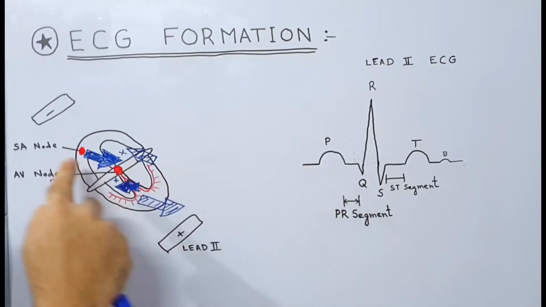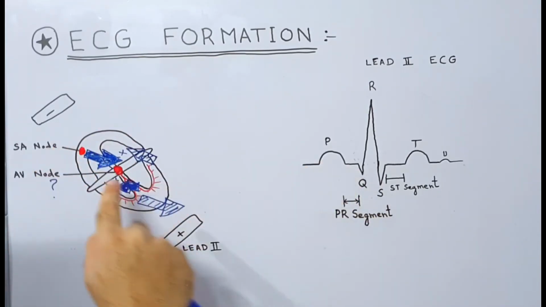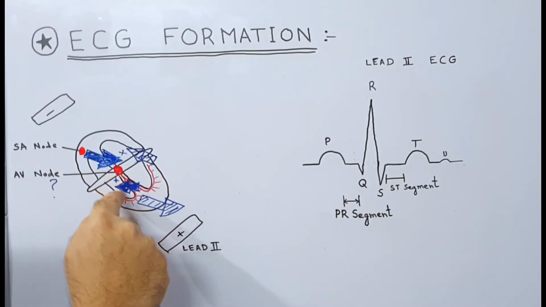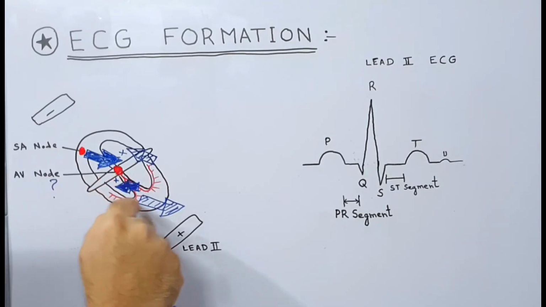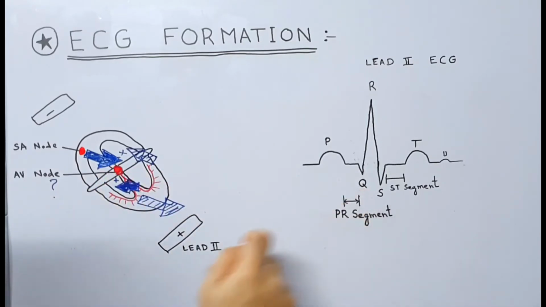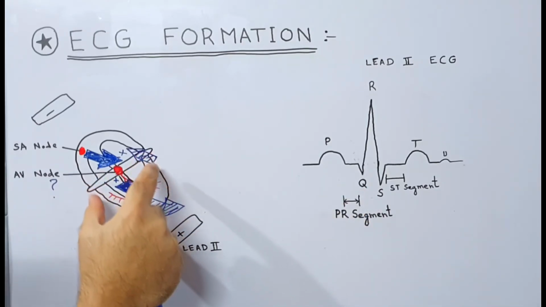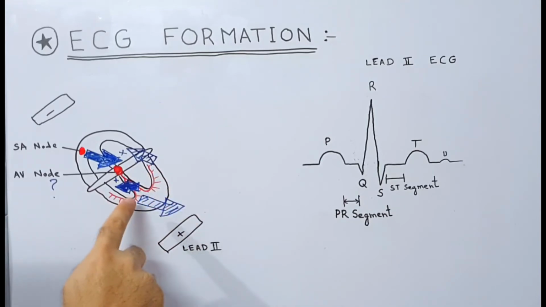So P wave is formed when atria are depolarized. PR segment is formed when the current is in AV node. When the current reaches the interventricular septum and interventricular septum is depolarizing, we get a Q wave. Then when major portion of the ventricles are depolarizing, we get this large vector in this direction pointing towards the